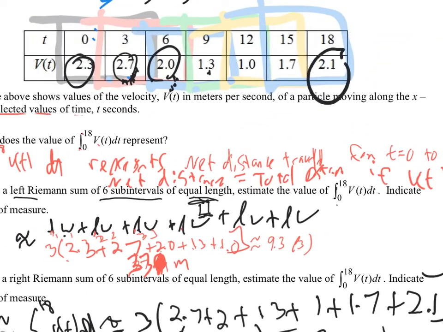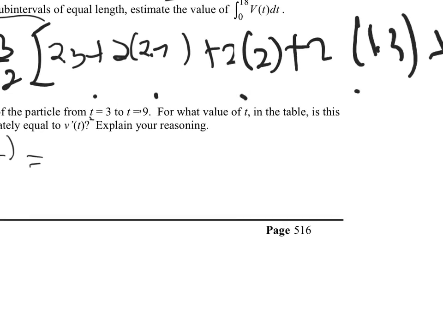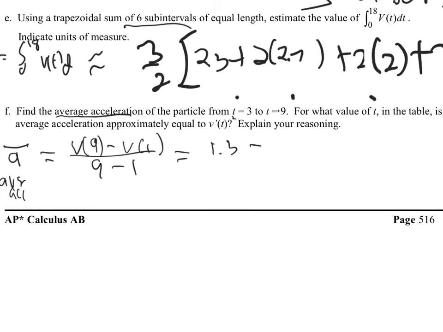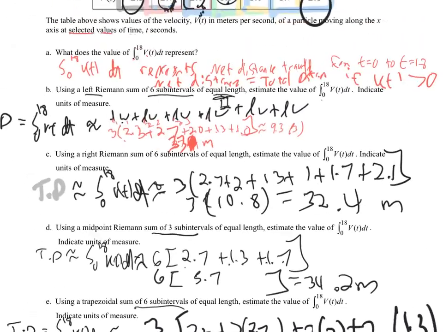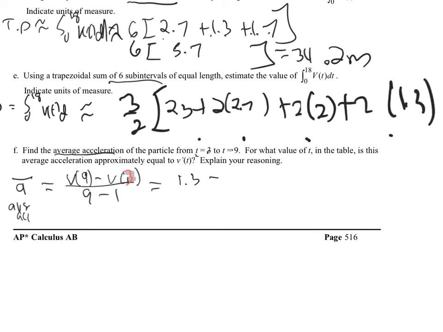V of 9, 1.3. And what did I say v of 1 was? It's 3. Minus v of 3. Is that in the graph? V of 3, 2.7. 1.3 minus 2.7 over 8, which is a negative